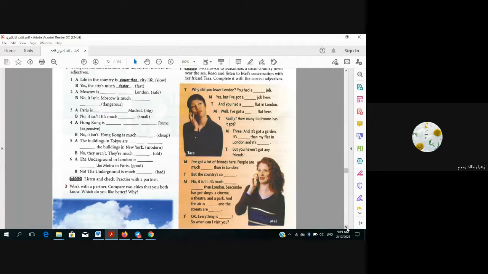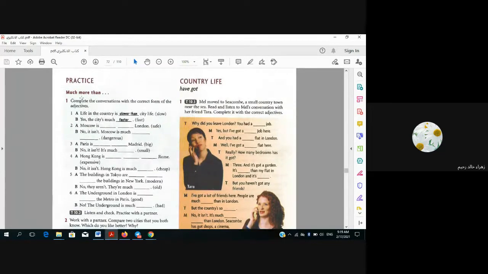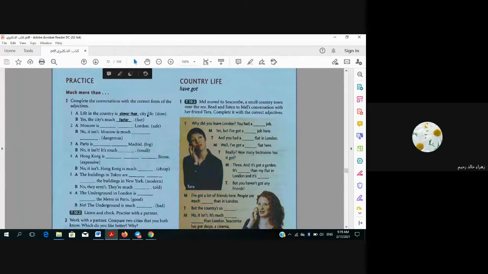Now we have a practice. Complete the conversations with the correct form of the adjectives. And this one is important. Life in the country is slower than city life. Yes, the city is much faster. Moscow is safe. London. You should say